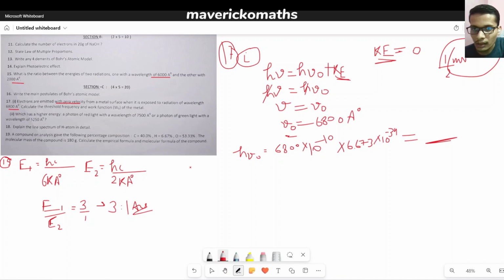Now the next question. We are given, who has higher energy: a photon of red light with a wavelength of 7500 angstrom or a photon of green light with a wavelength of 5250 angstrom. Now, if you know that energy,